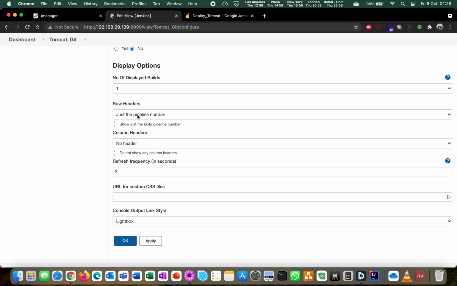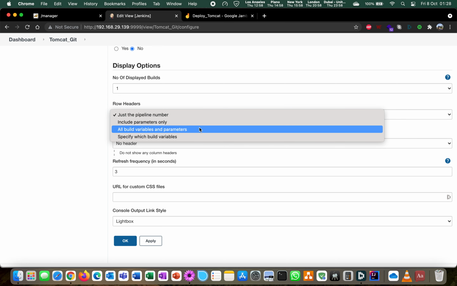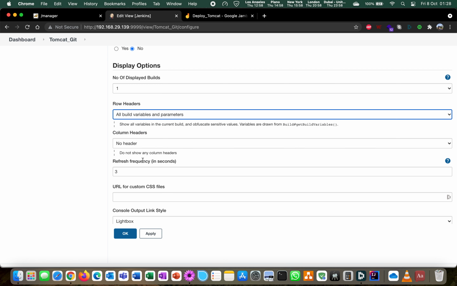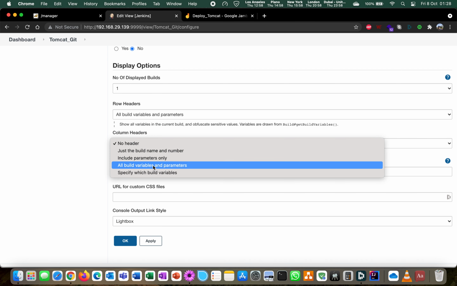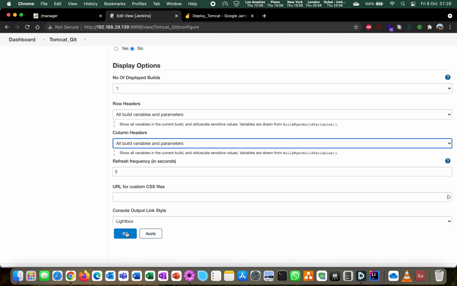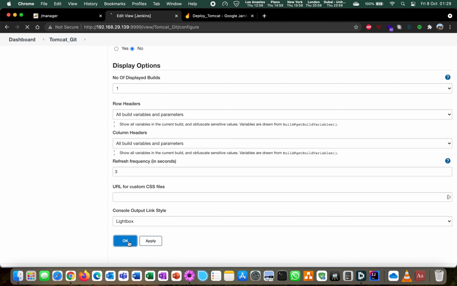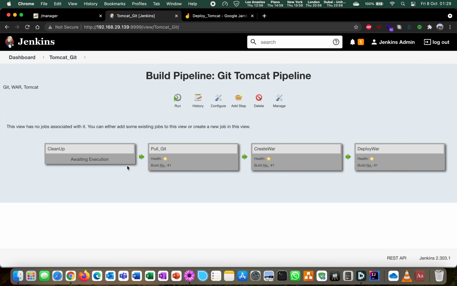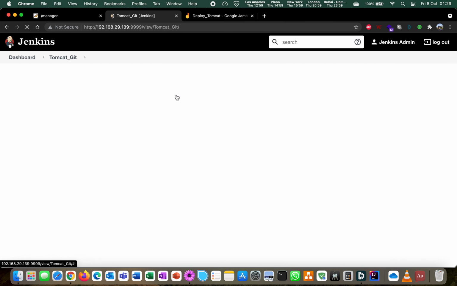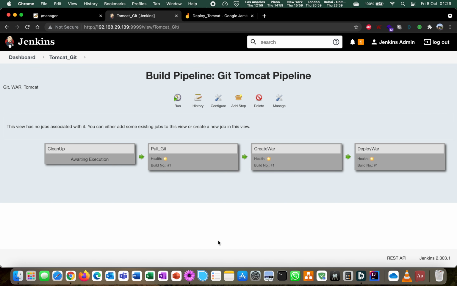Some display options that we can also change to include all the build parameters and variables in the row and column headings, so that we can see all the necessary details from there itself. Click on OK, and you have this build pipeline being built for you. Right, you can execute this pipeline by clicking on run over here, and let's see what happens.